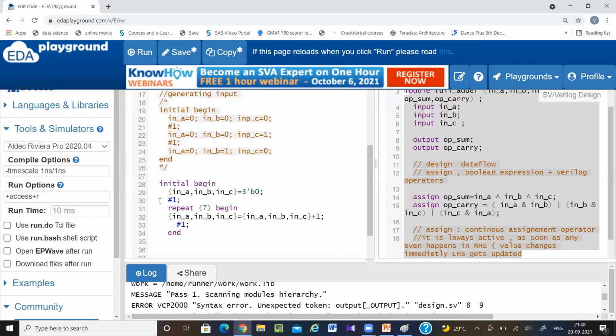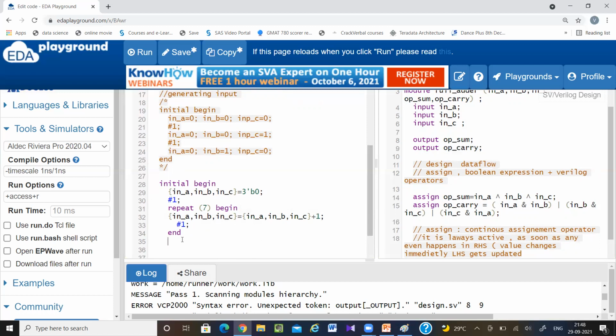So in the test bench, delay plays a very important role. But in your design, delay is not synthesizable. You have to use a buffer or a D flip-flop to implement a delay. You cannot write it directly inside your design. So how will it work? First it will produce 0, then 1, then 2, then 3.